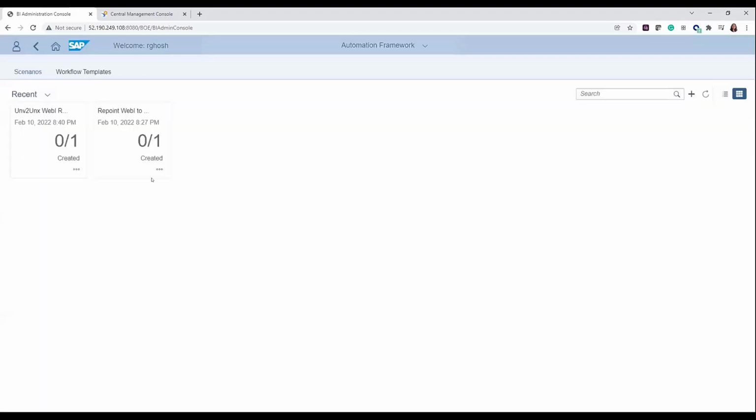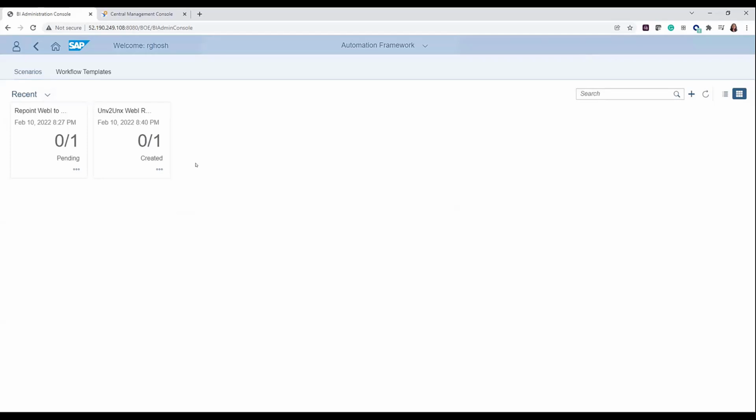Then you define the scenario, and you can either run it right away or schedule it. I'm not sure if it's going to run right now, but once you run it, it's going to ideally repoint your Webi documents.